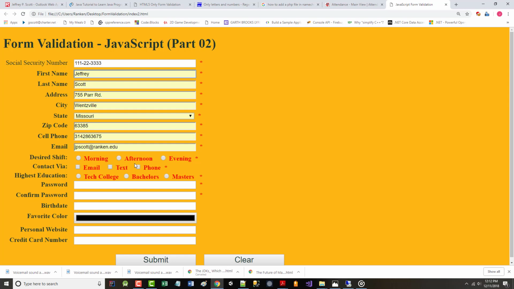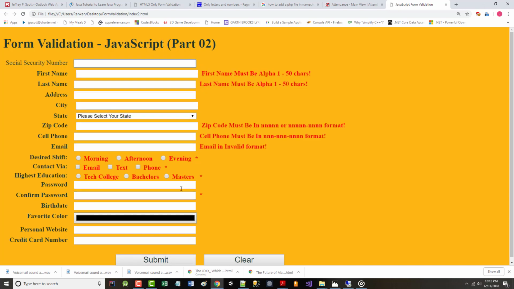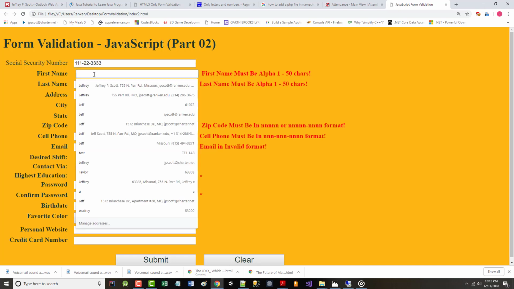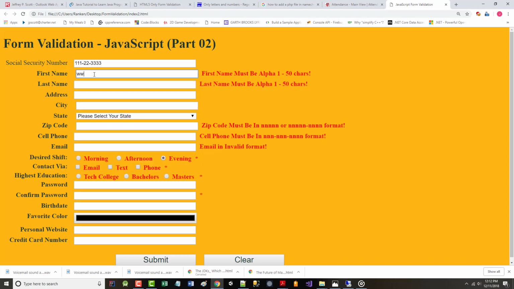And I'm going to leave this blank now. Click submit. I'm getting this goofy error, which I'm not sure why. I didn't choose anything and it did not give me an error. That isn't good. For whatever reason,